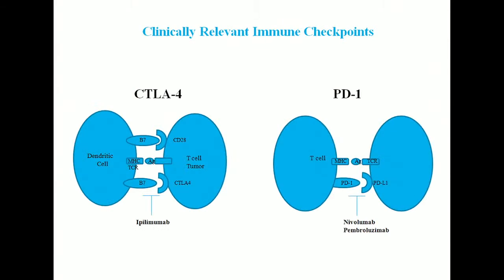So as we learned more about the immune system, we learned that there are a lot of regulatory networks that modulate the activity of the immune system, normal mechanisms. And I want to discuss two of them. One is CTLA-4 and the other is PD-1. CTLA-4,